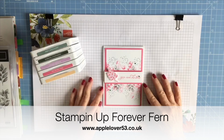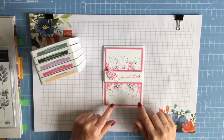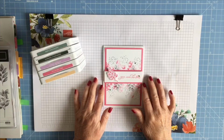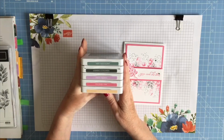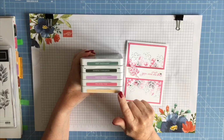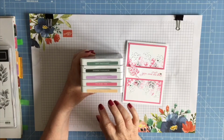Hi everyone, in today's video I want to show you how I made this simple card using just a stamp set, ink and some cardstock. So by the time you see this video, our new 2021 to 2023 In Colours will have launched, and the In Colours last for 2 years, and these are always